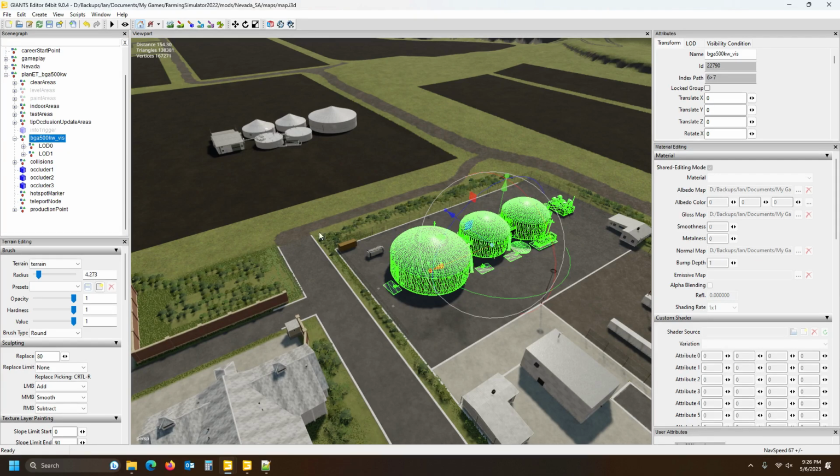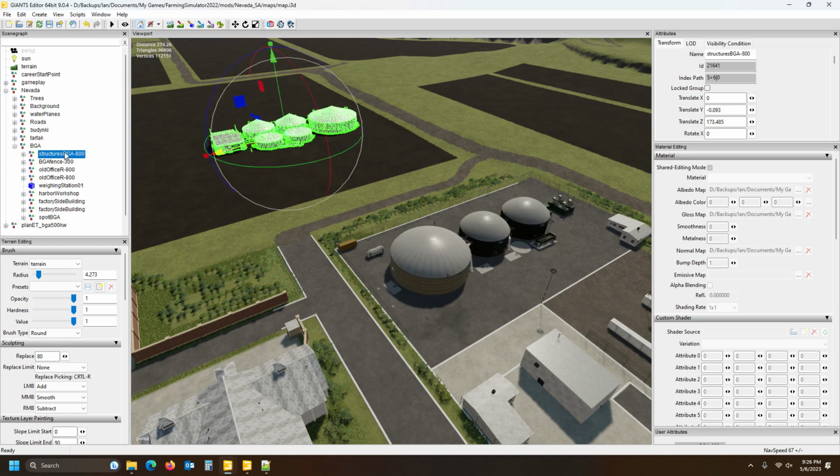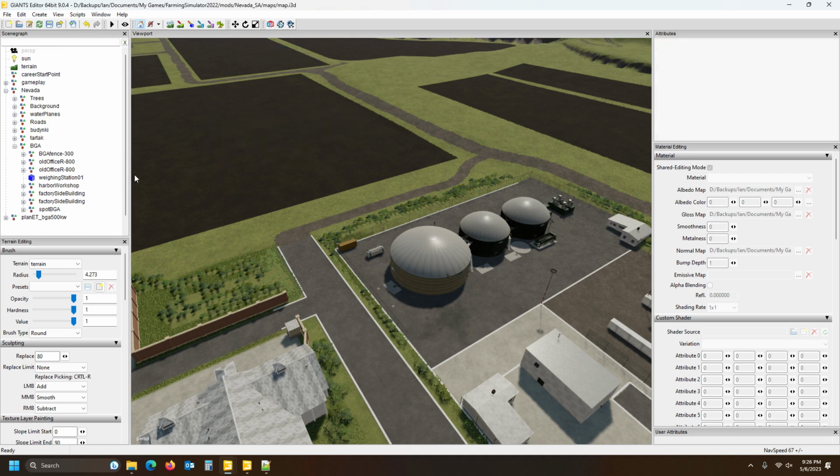So you get rid of everything that's not needed on there, and then you will balance the XML with the trigger and move the triggers around to fit and all that stuff. So yeah, I think at the end of the day it's going to be much easier just to drop that in here. So I'm going to select this BGA structure and I'm going to delete that like so,